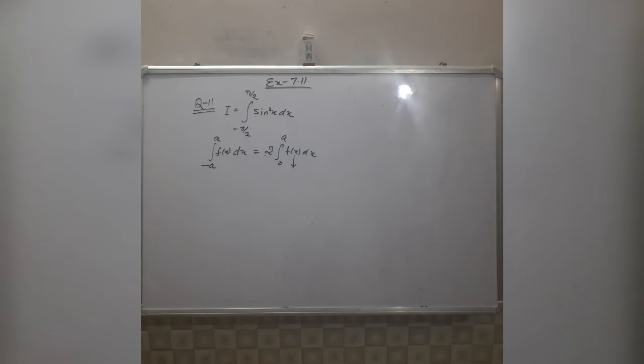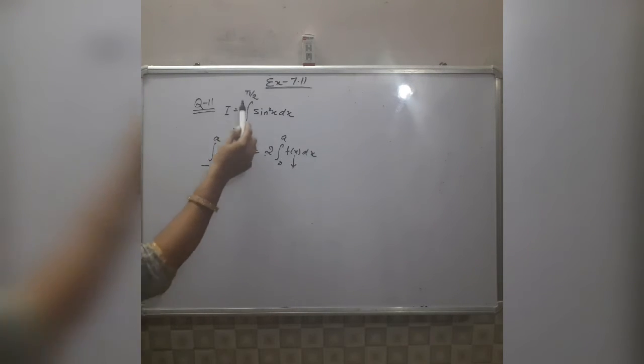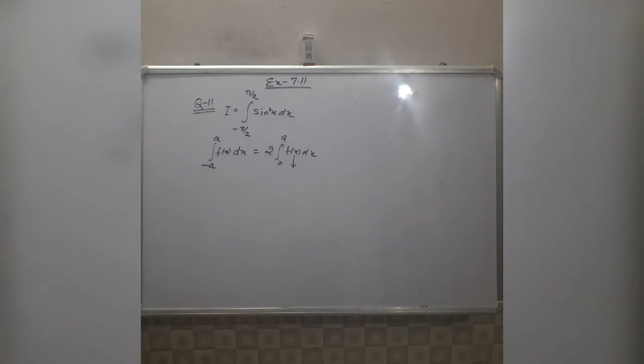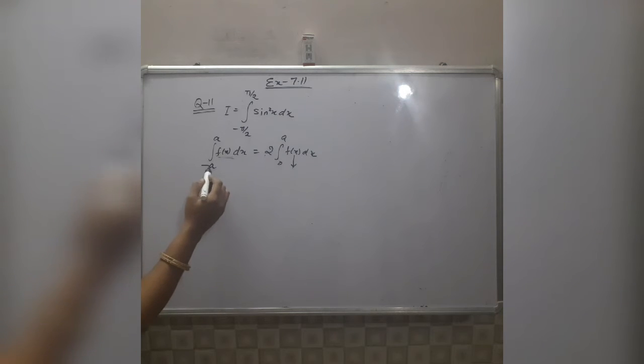Yes students, today we will continue this exercise 7.11. So we will start from 11th sum. In this sum find the integration I, limits from minus pi by 2 to plus pi by 2, function is sine square x. So we have one property in which integration of f(x) where limit from minus a to a